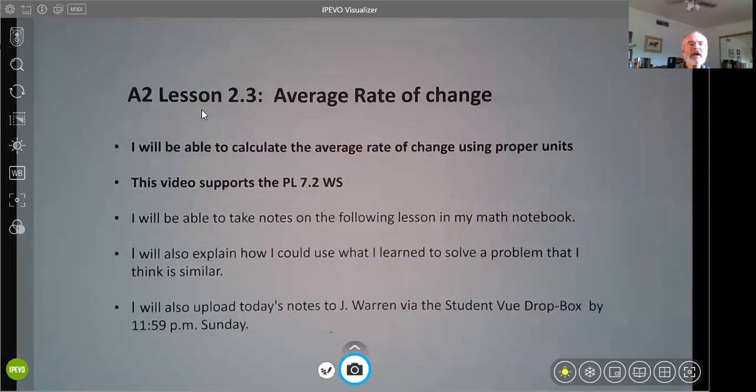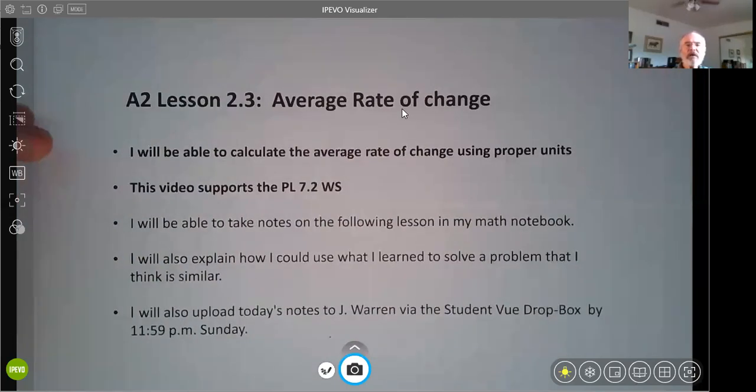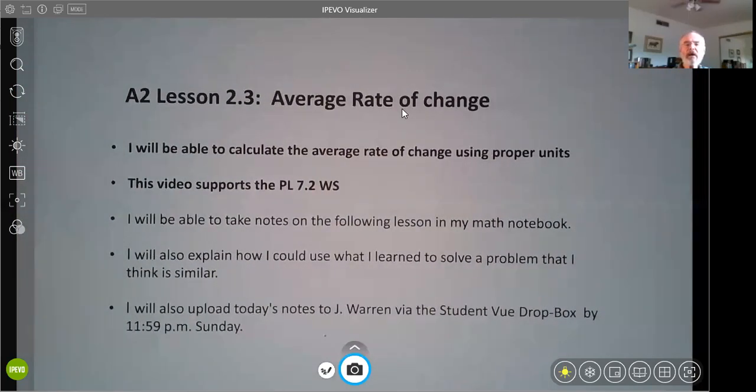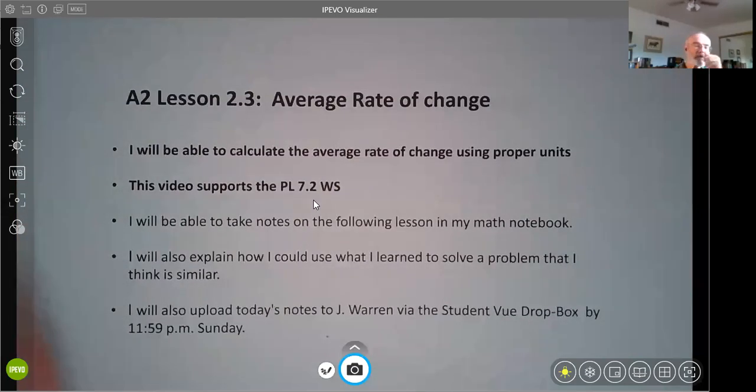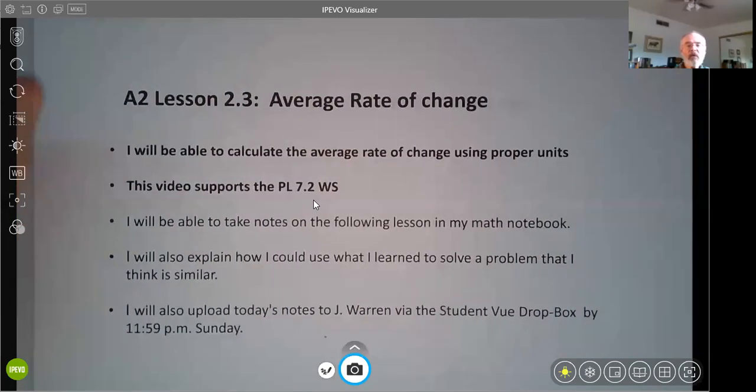this is lesson 2.3, and we're going to cover average rate of change. And you're going to be able to calculate the average rate of change using units. I mean, that's basically what we're dealing with, proper units. So we're going to talk about that in a little bit. And then this is going to be supported by one of the punchline